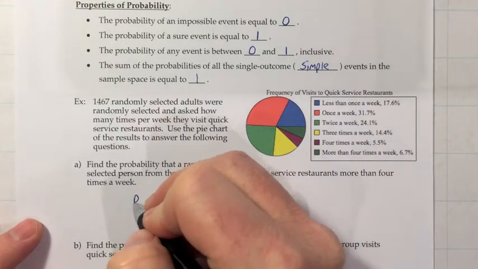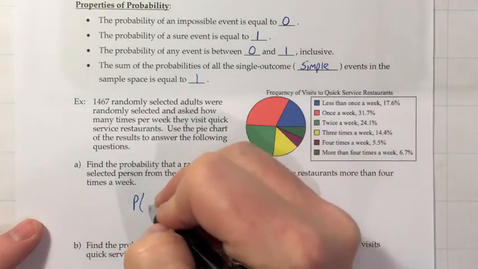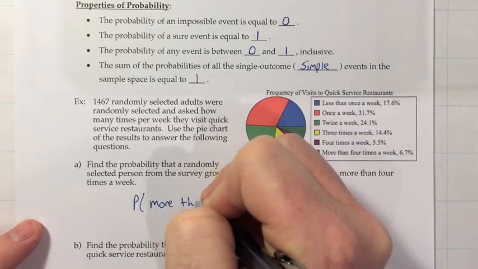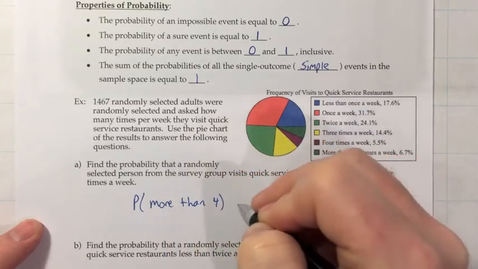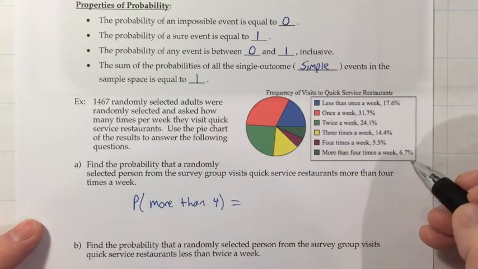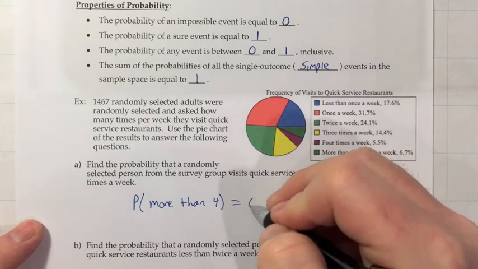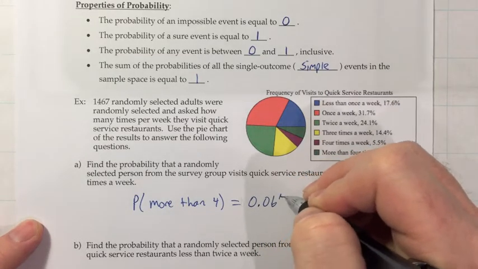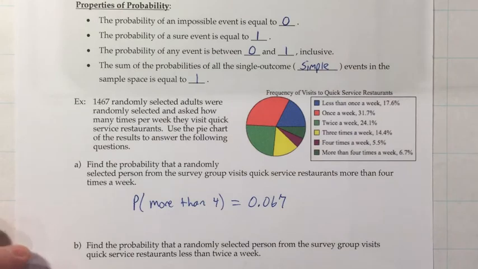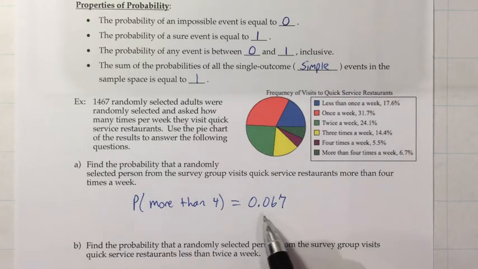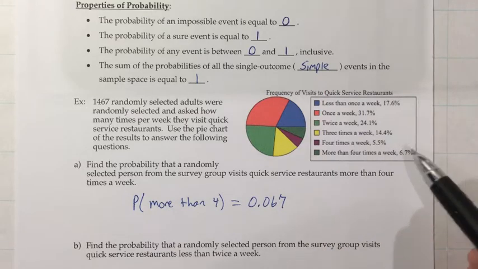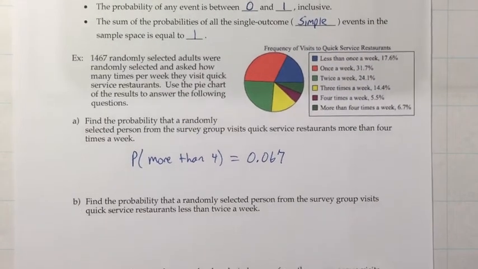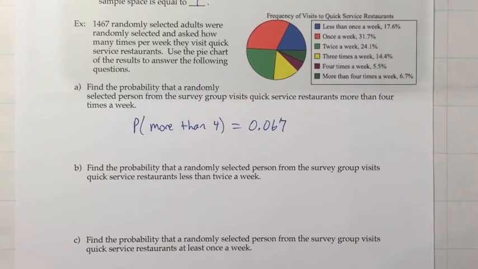So I would say the probability of more than 4 is equal to that 6.7%, but keep in mind we usually write probability in decimal form, so if we move the decimal 2 spots to the left and get rid of the percentage symbol, that would be the standard way to write that probability. So the probability answer is essentially just sitting there for us, and our job is to write it in the normal probability way, which would be decimal format instead of percent. Let's look at a couple more.